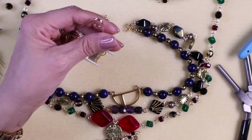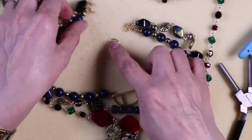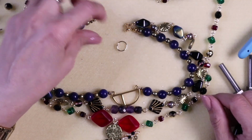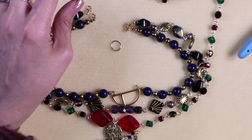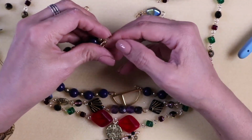It's almost like a keychain type of, what do they call them? Double. It'd be nice if you had a soldered large jump ring. I don't have any soldered large jump rings. That's a good idea. I'm going to have to remember to add them to my stash. And then all you would do is take your lobster clasp and add